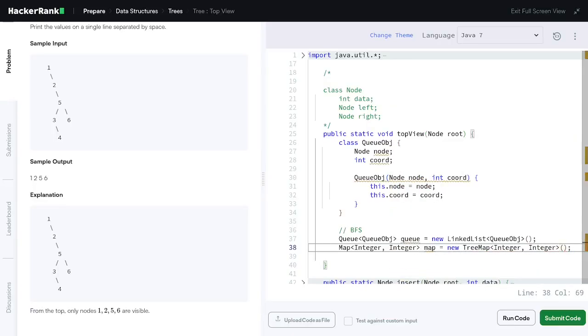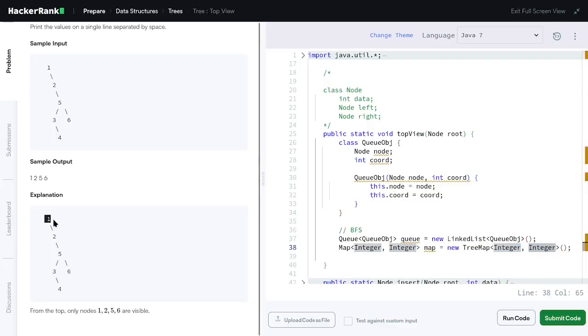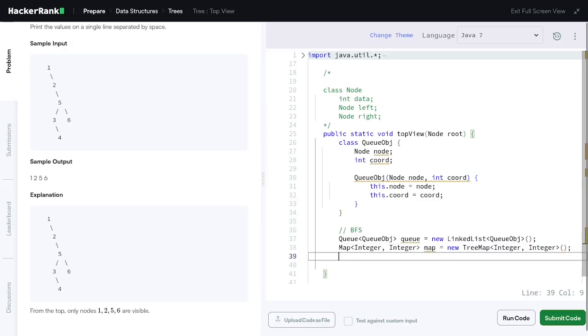That way we are storing the key, which is the coordinate from the queue object class, and the value, which is the data of the node. We have the data of the node of 1, and if we store this inside the map, node 1 will be stored as a key-value pair of